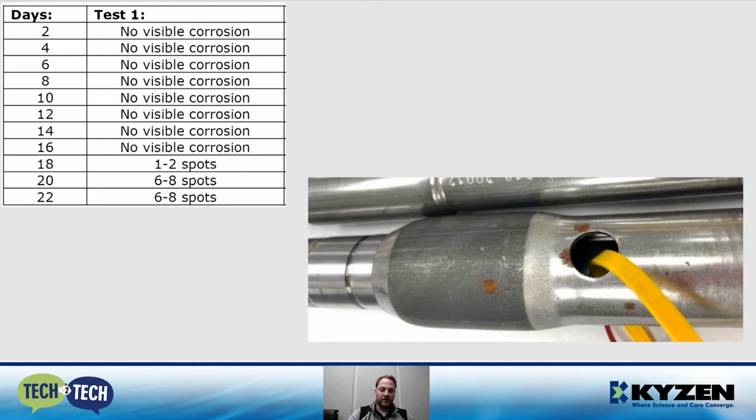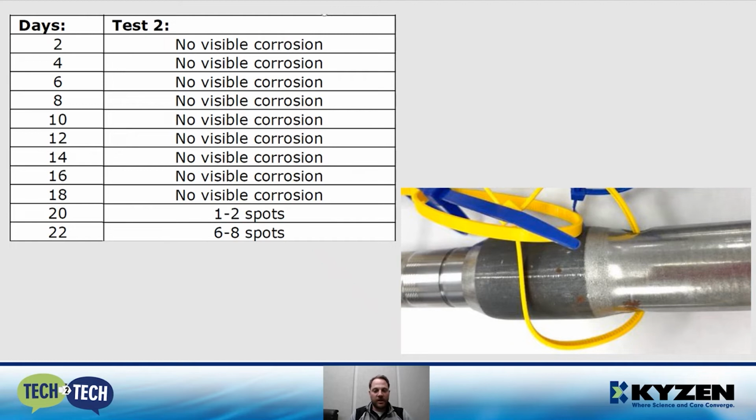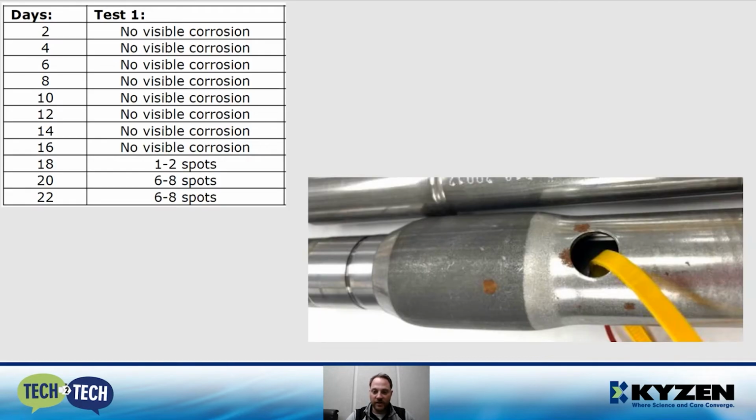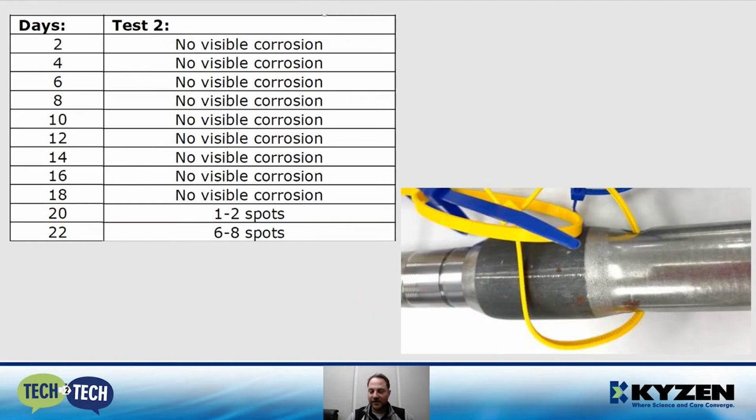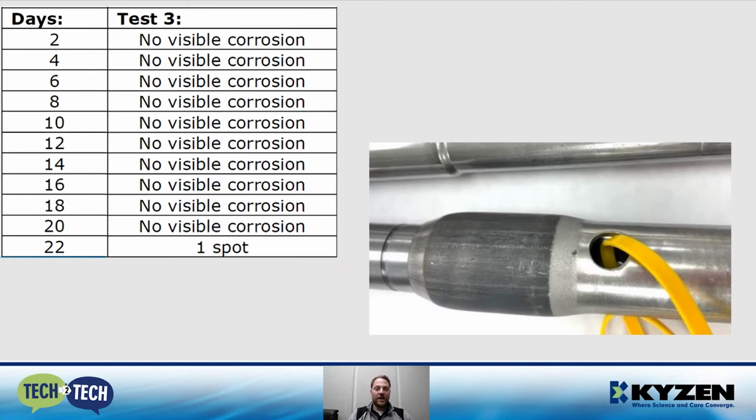So now you jump that concentration up to 5%, and now it takes 20 days for us to experience rusting. And if you look, you can kind of see that the rusting seems to be a little bit less, and maybe hasn't spread as far as it did with the 3% RP. And now we're going to take that one step further, and we're going to jump it up to that 7% concentration,